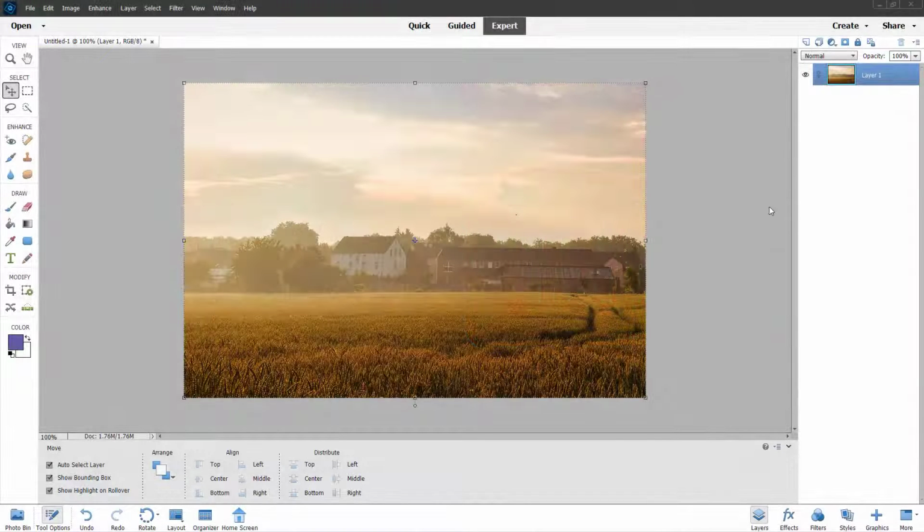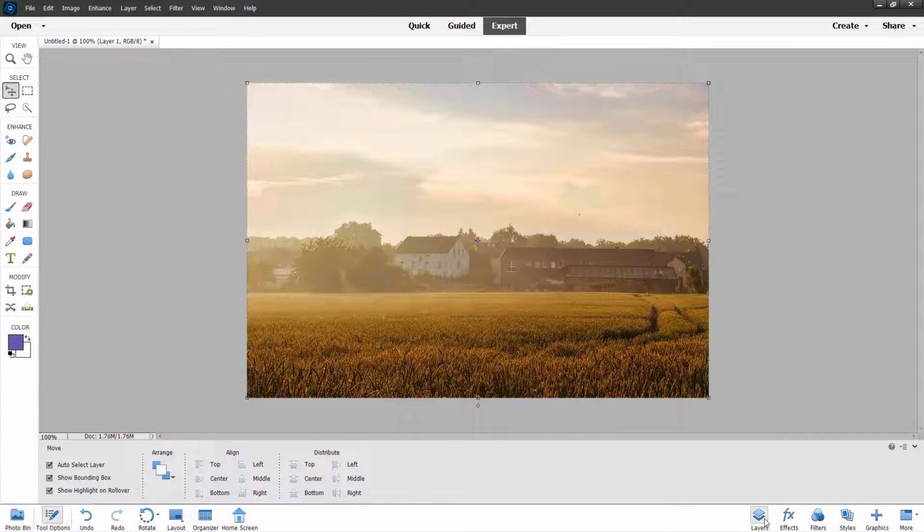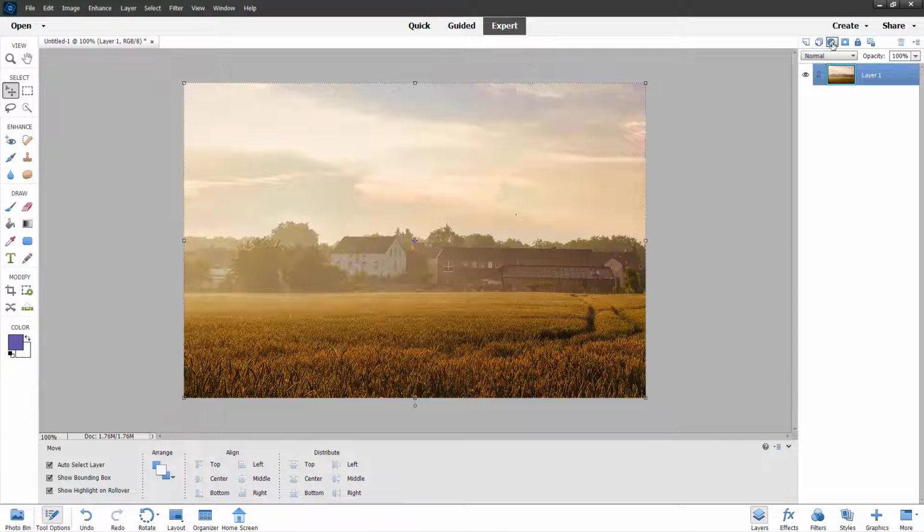So over here you can see that I have a picture opened up in Adobe Photoshop Elements, and now let's say what I want to do is add in a brightness and contrast adjustment layer and then work around with it. So here in the expert mode itself, I already have a picture opened up, and if I were to go under layers right here,